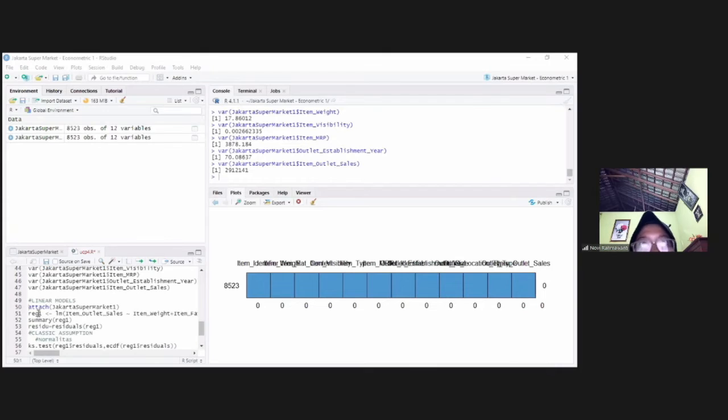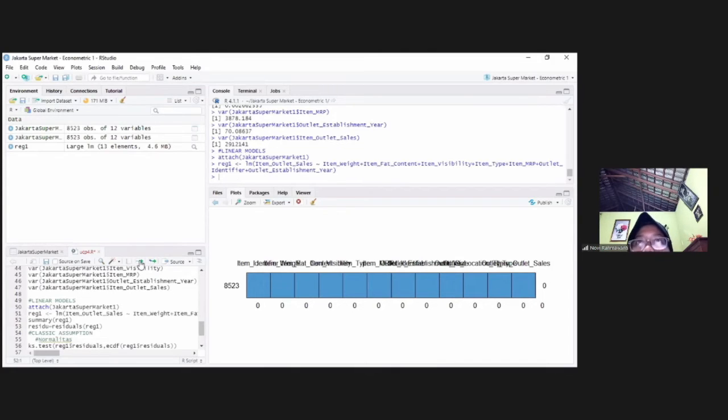Next is to do a regression analysis. Before doing the regression, the data needs to be attached first. Then, through this command, we have created a new linear model with the name reg1. The variable at the front, namely item outlet sales, becomes the dependent variable, and the other variables become independent variables.